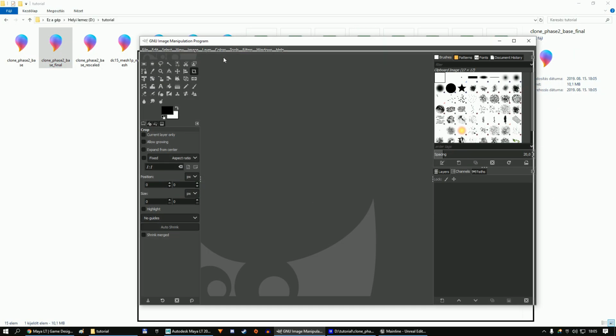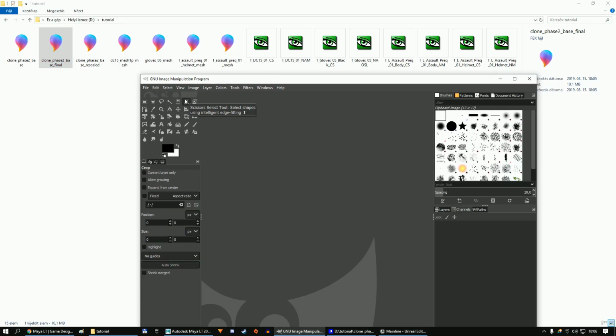So, what you want to do is open up GIMP, and I'm going to show you how the CS texture is basically structured. So